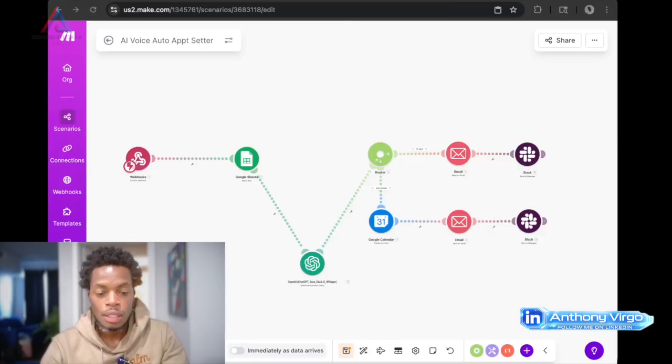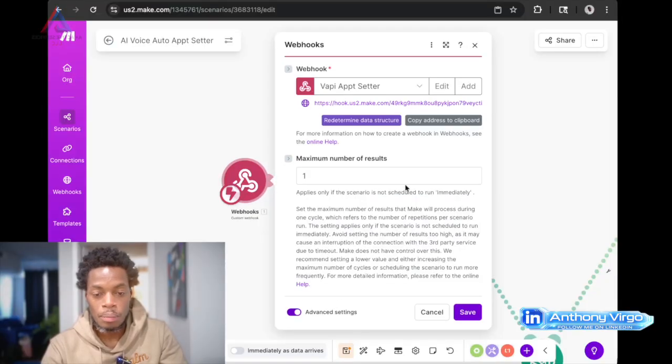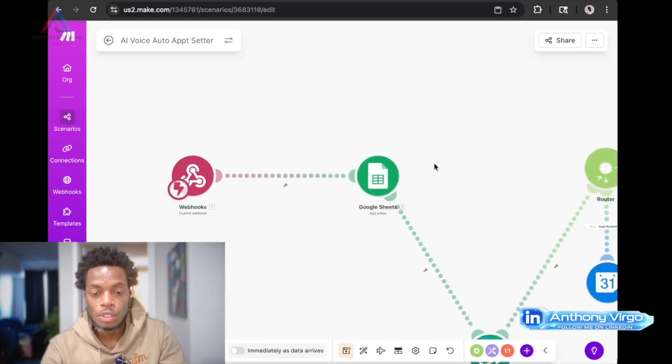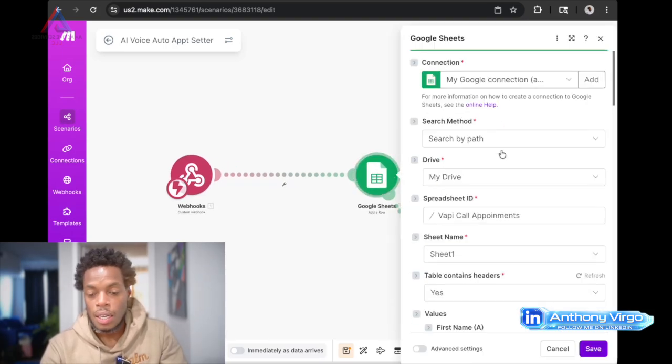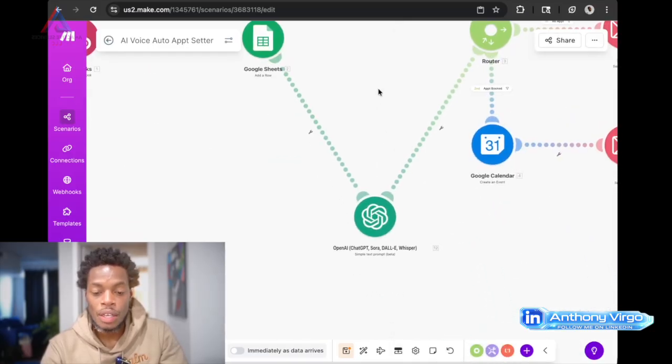So this is the scenario that I'm using for make, and it looks a little bit interesting, but there's not much to it at all. The webhook is going to connect everything to make.com, which is this platform right here. Then it's going to route to the Google Sheet, right? So let's just open that up. We see the webhook is there. All the information that I need to have is set up. Then we're going to go over to the Google Sheet. It's connected to my drive, Vappy call appointments, right? And then what's going to happen now, it's going to go to